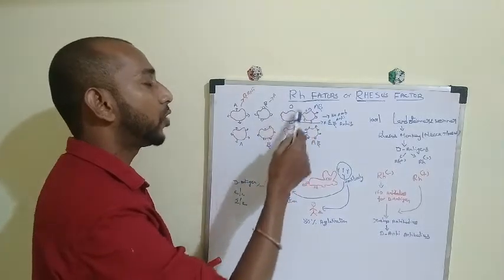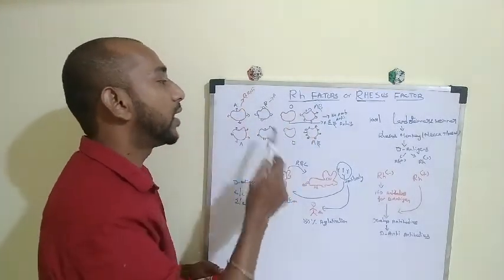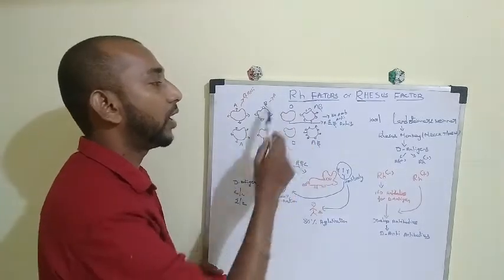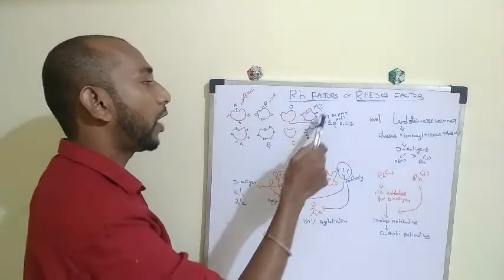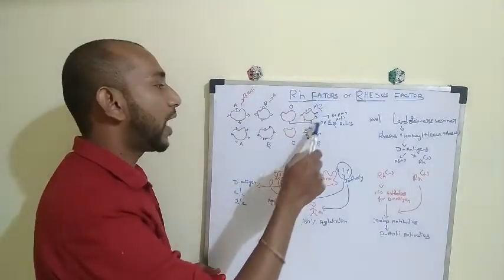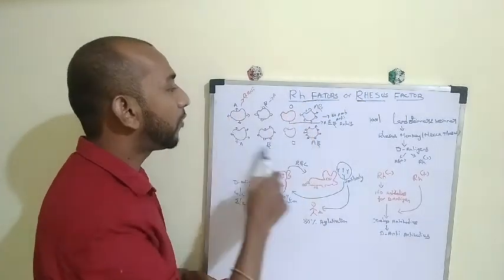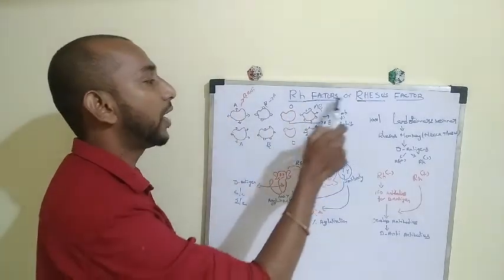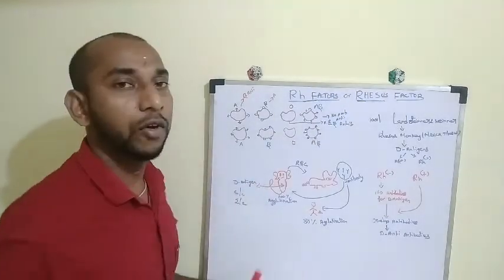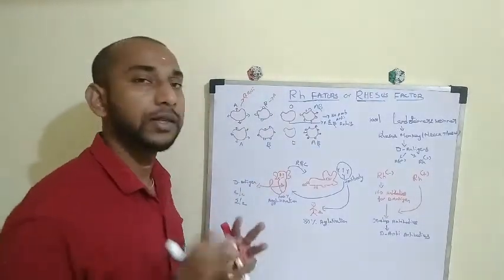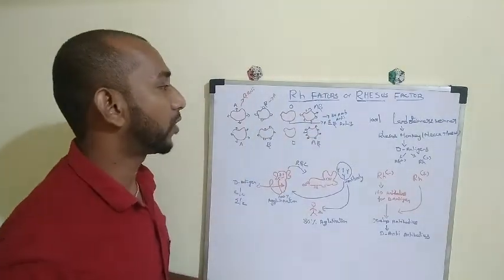Since O blood group doesn't have A or B antigen on their surface, they can give blood to everybody else, and they also have both A and B antibodies. When you talk about AB blood group, since they have both A as well as B antigen, they can get blood from everyone else since they don't have any A or B antibodies. So this we have already learned in our previous class. I hope you still remember that. Now let's get back to these Rh factors.